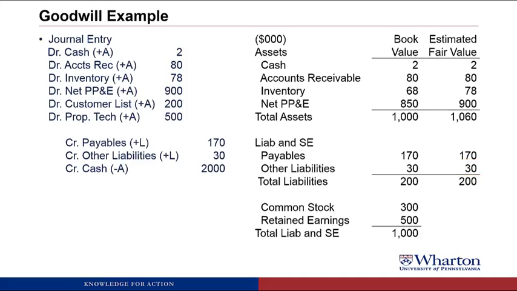And it's hard to see here, but our debits don't equal our credits because we paid more, $2 million, than the net fair value of all the assets and liabilities we acquired. And so the plug that makes this balance is Goodwill. So we must have paid $440,000 for all of those intangibles that are not separable. So the things like synergies and growth opportunities and human capital, and as we talked about, maybe even overpayment, those go into the Goodwill asset, which is essentially a plug.